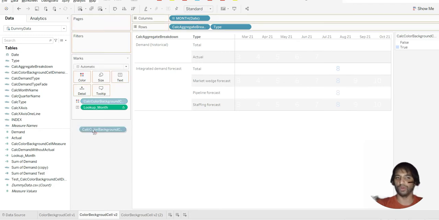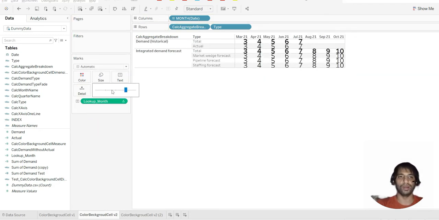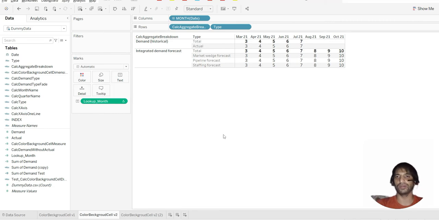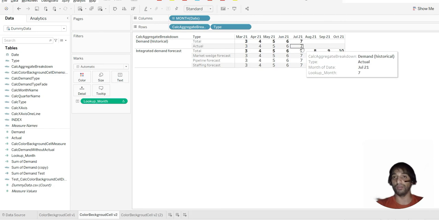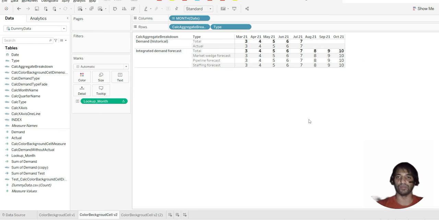And this is of no use, this color coding. So I put it out, reduce the size so that it's more visible. Now I still have the problem, right? I cannot detect the month for the null values over there. But with the lookup, I can just go back, right? I can go back and put it over there. Means if I am there, lookup can detect this box, this position, and it can say, I'll go back to one row, in this case column, because you have the option to go table down and table across, and it should give me something. So I'm close to that. If I get some values over there, then my work is done actually.